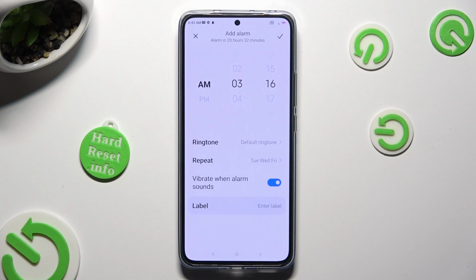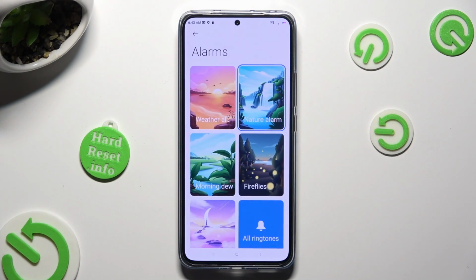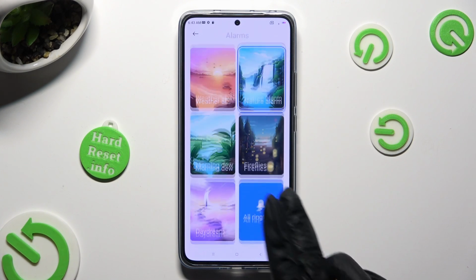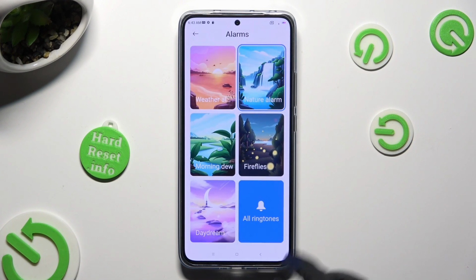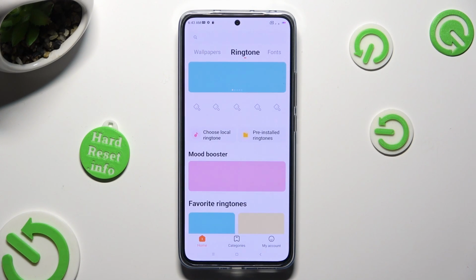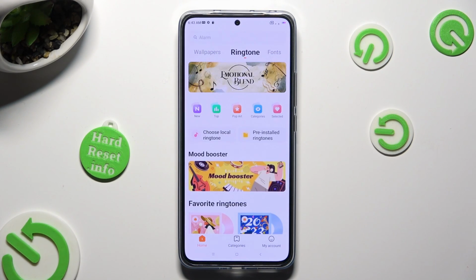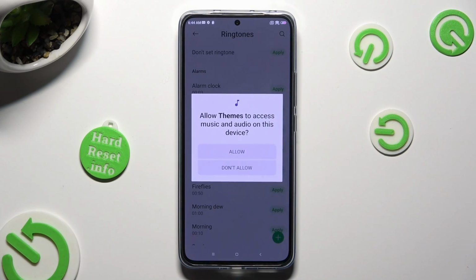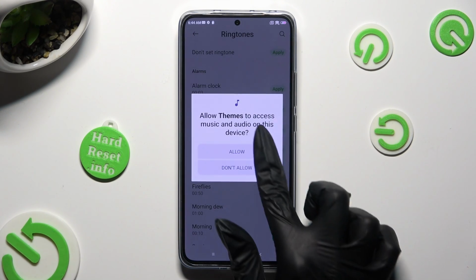Now click on Ringtone section. Pick one of those by tapping on the best one or select all ringtones. Now you can click on Choose Local Ringtone. Click on Allow